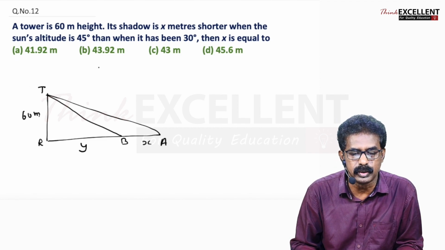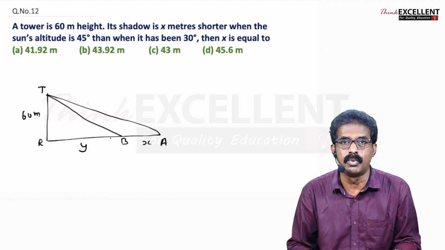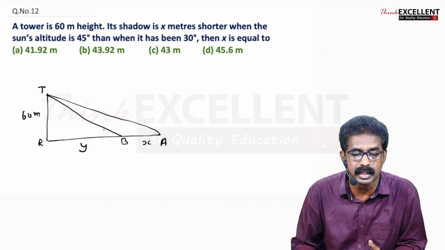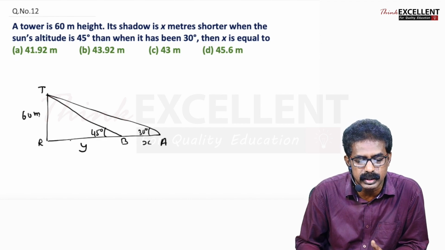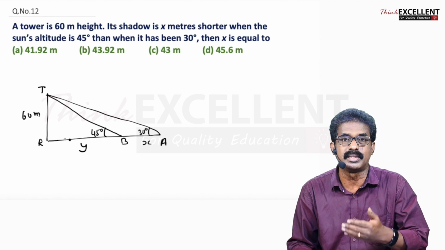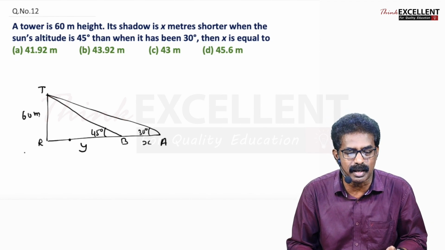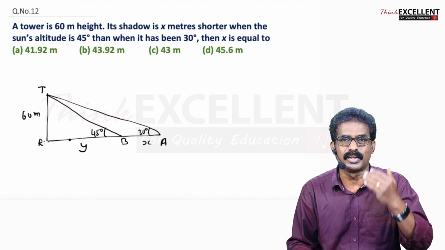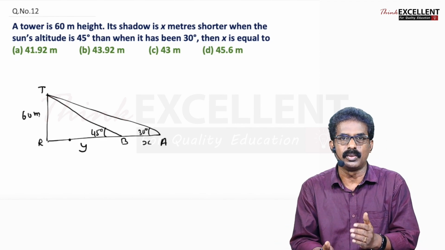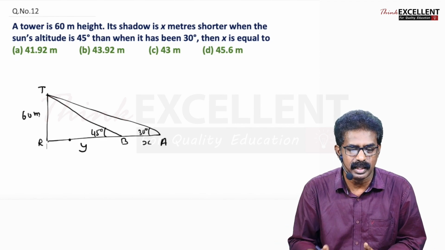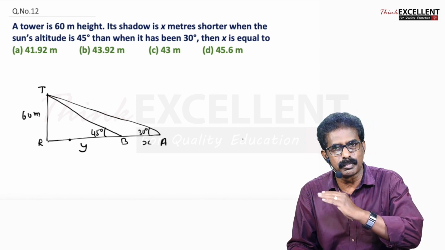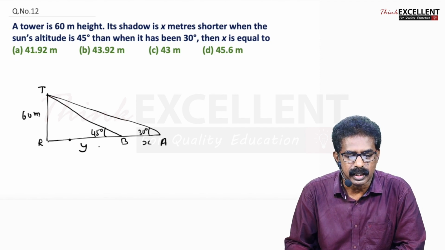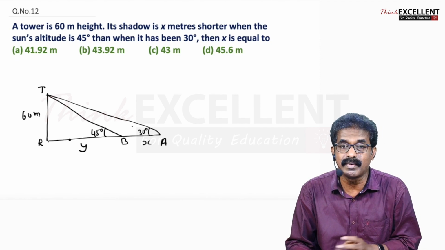Sun's altitude. So when you go closer, you have to raise more, right? So in that case, the angle will be more. So this is 45 degree and this is 30 degree. Okay. If we come closer here a little more, you have to raise much, right? Angle will be around 70 degree. When you come just at the foot, 90 degree you have to raise, right? So when you come closer, you have to raise more, so the angle of elevation will be more there. Okay, when you go far away, the angle will be reducing. Okay, now two triangles we have. So what they asked, find the value of X.